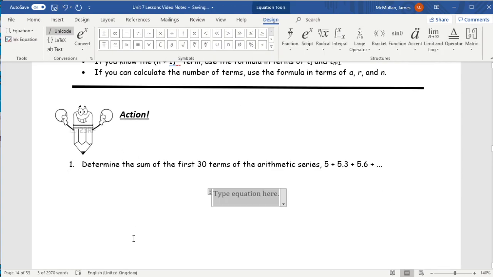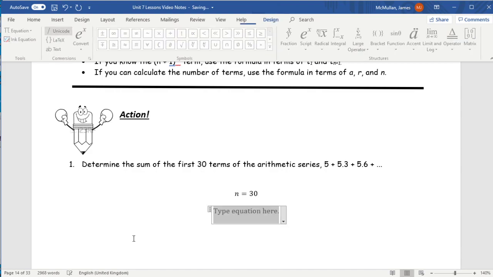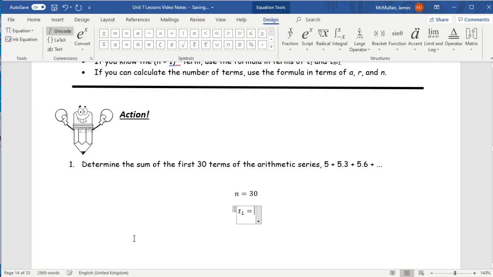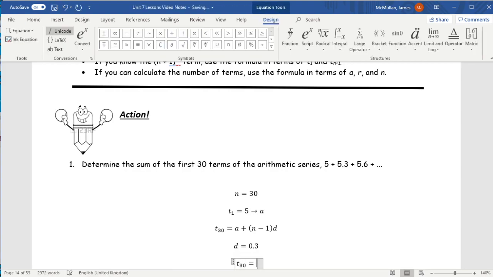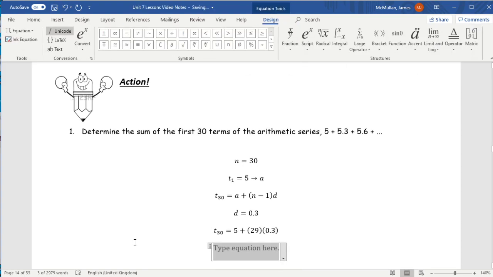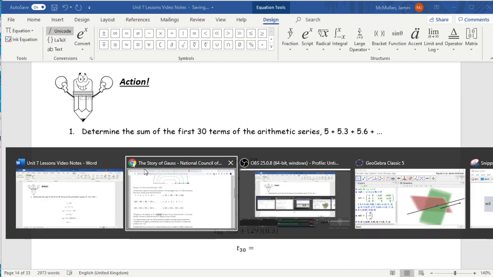So what is the sum of the first 30 terms? n is 30 right off the bat. Term 1 is 5, which is also a. Term 30, we don't know yet, is equal to a plus (n minus 1) times d. We can tell d from looking at the equation is 0.3, because every time you get to the next number, you're adding 0.3. So term 30 would be 5 plus 29 times 0.3. So term 30 would be,